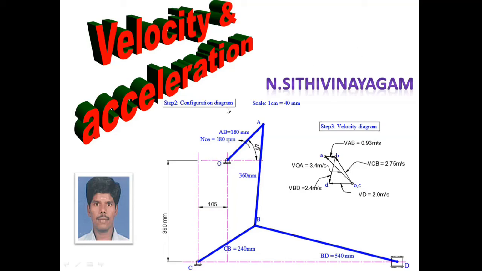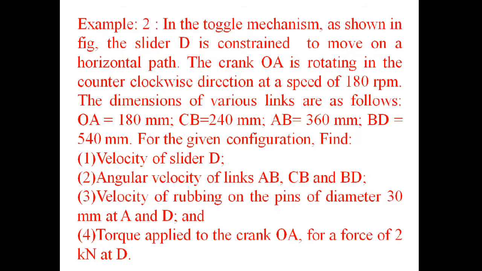Today we are going to see the velocity and acceleration diagram of toggle mechanism. So how to draw the toggle mechanism velocity diagram? Let me go to the problem. This is our problem. In the toggle mechanism as shown in figure, the slider D is constrained to move on